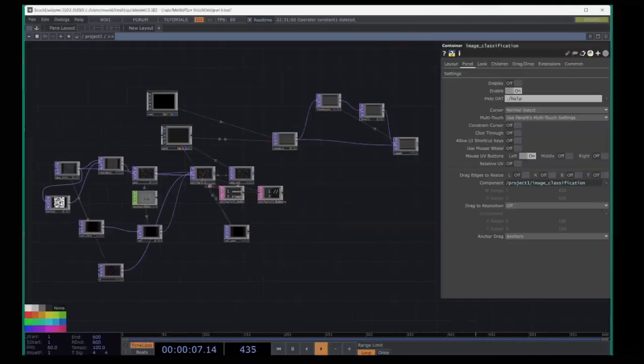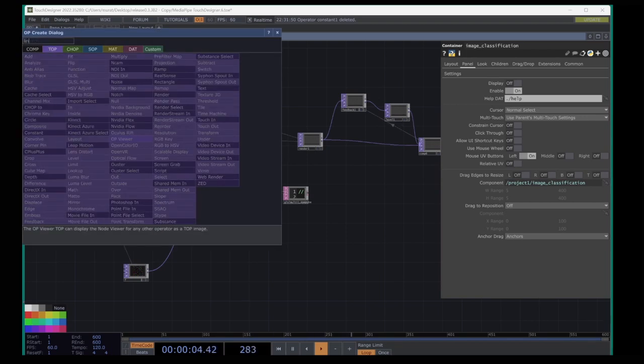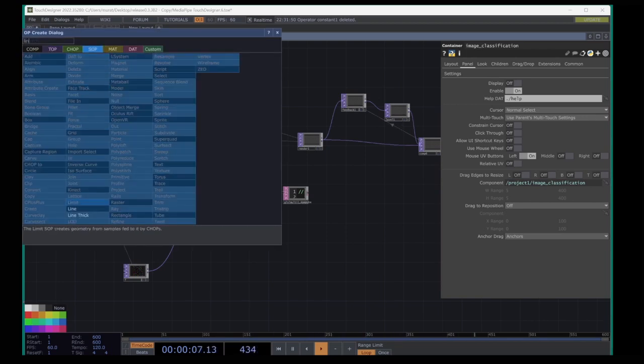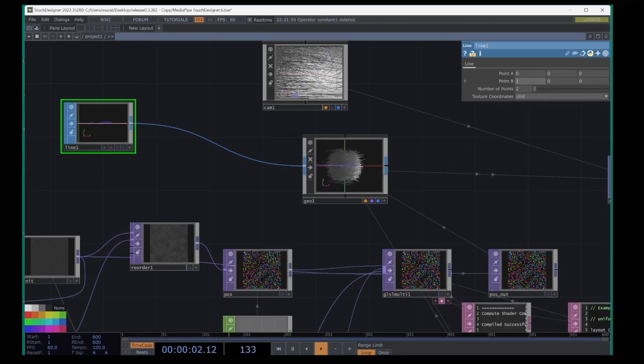Instead of recreating this, I just copy pasted that from my previous project. But I will go over the changes that I made to his tutorial. If you watch the first 7 minutes of the tutorial that's linked, you will be good to recreate this. But what I changed was I added a line sub for the geometry,